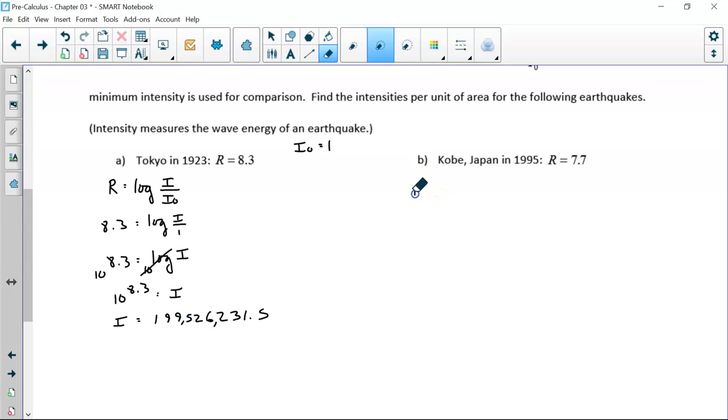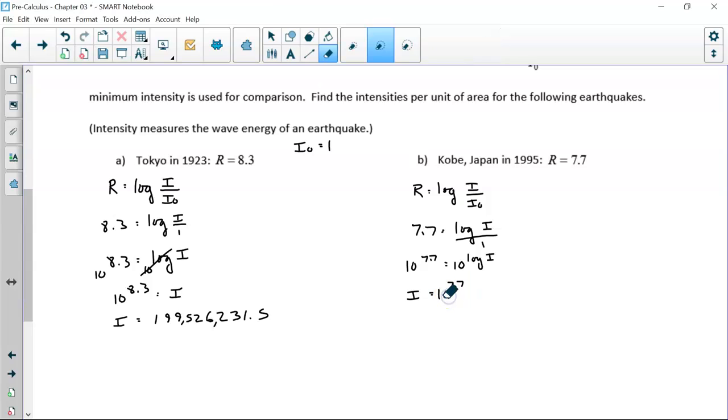So once again, R equals the log of the intensity over I sub 0. So 7.7 equals log of I over 1. So 10 to the 7.7 equals 10 to the log of I. So I equals 10 to the 7.7. So you expect that value to be pretty close to the other one because 7.7 and 8.3 are not that far apart. But when we write it out, I equals